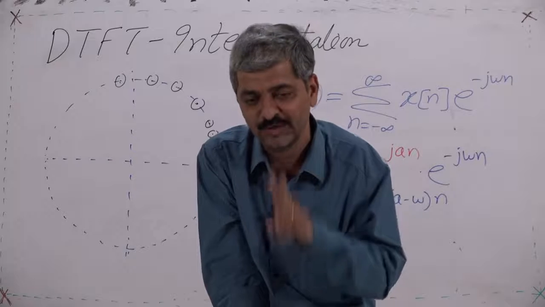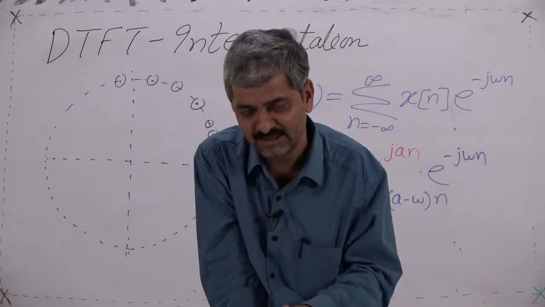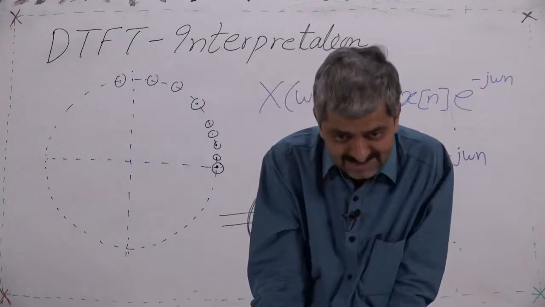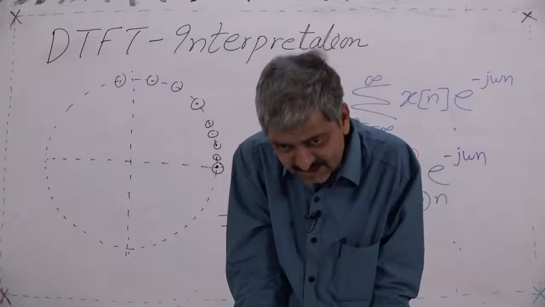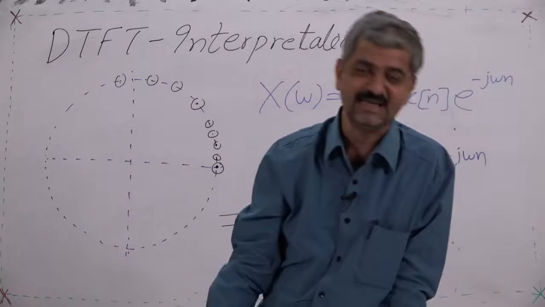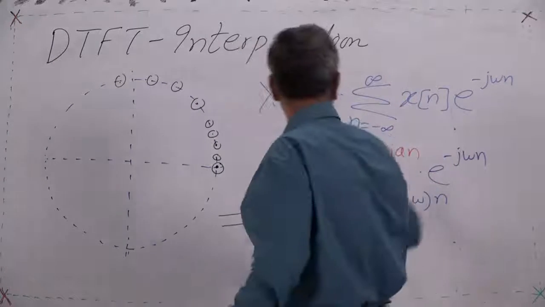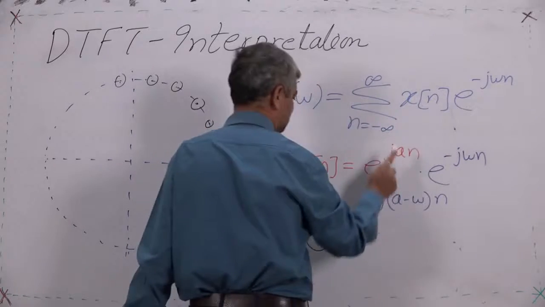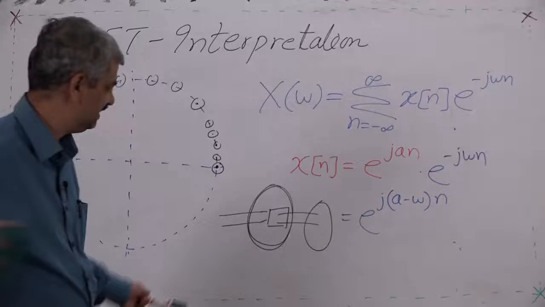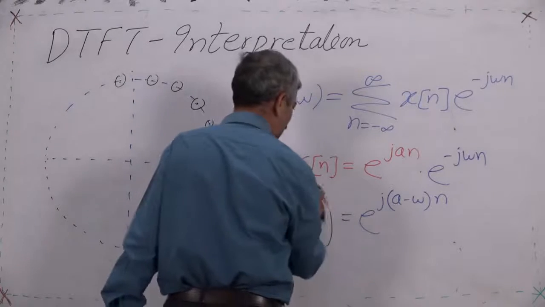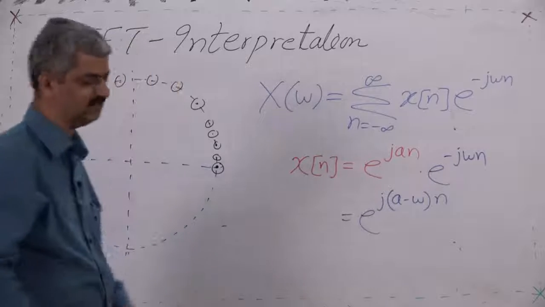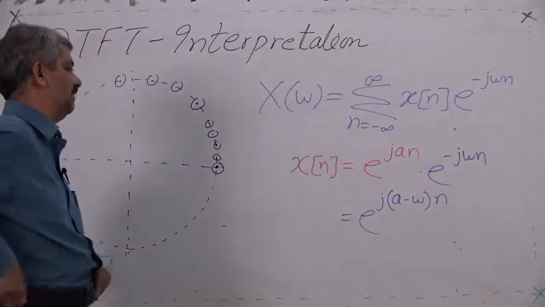Multiplication of two rotating points means putting your base on the first rotating point and then making it rotate further. So, in that case here, since it is minus omega and it is plus a, it is a minus omega. So, in this case it is a difference, or one is negative, so we can say sum also. So, it is a rotating point at an angular speed of a minus omega.